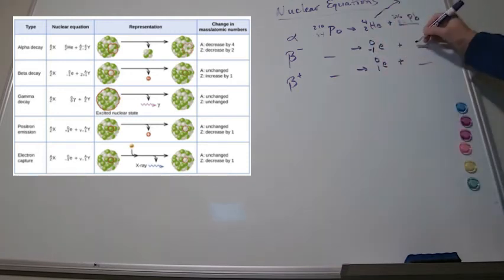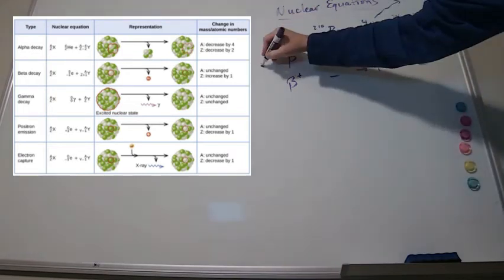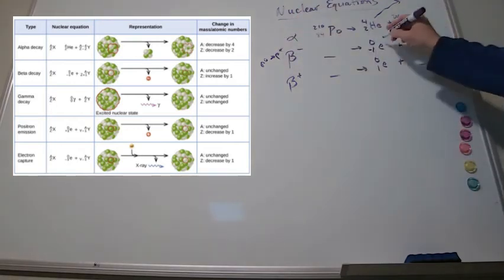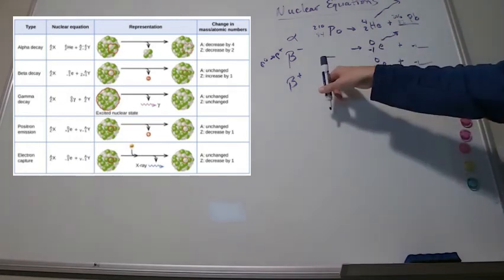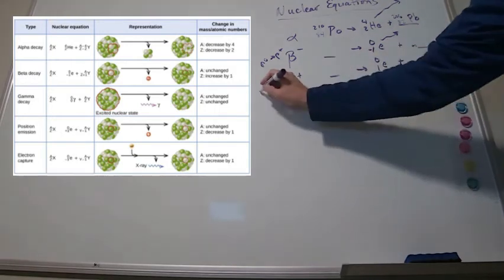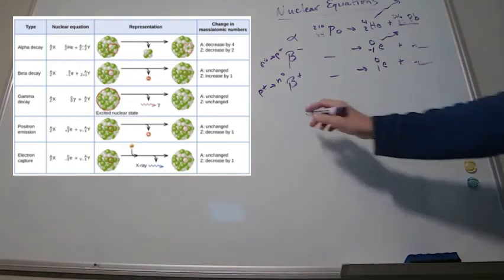So in this case, this has to be up by 1. You essentially made a proton. So you're going to take a neutron and turn it into a proton. And in the process, you're going to shoot off this high energy electron. Here, the atomic number is going to go down by 1 to conserve the charge. So that means we just got rid of a proton. And the only way to get rid of a proton is to turn it into a neutron,